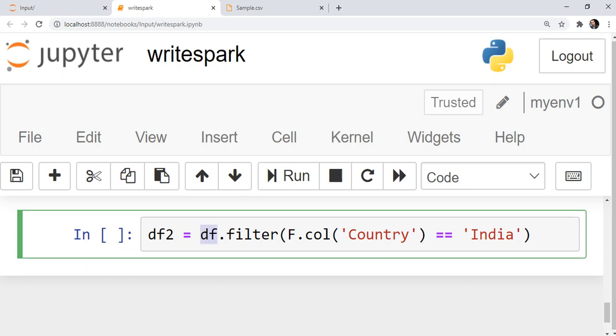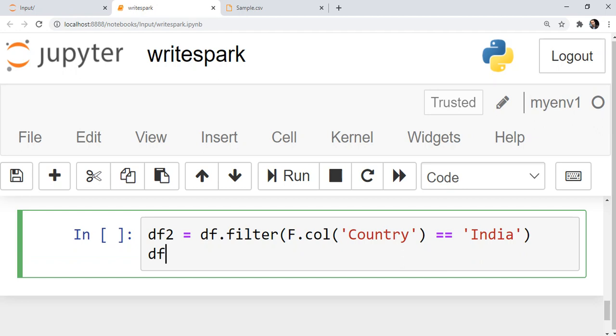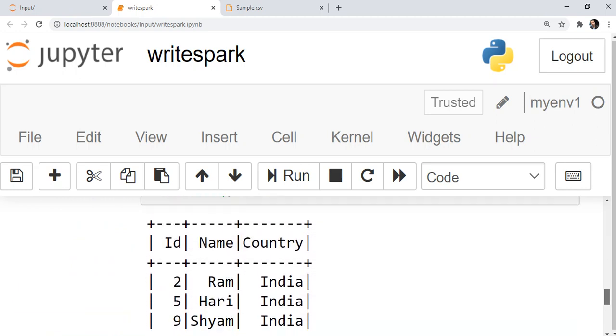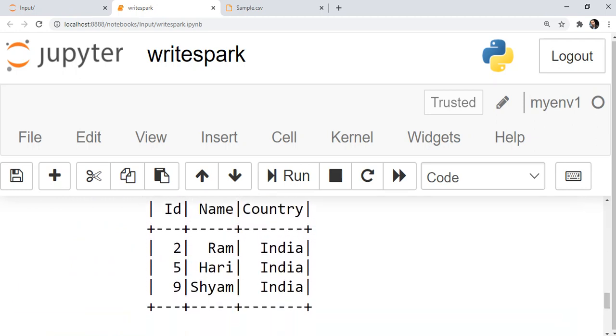It will filter out only those rows which have country as India, and it will be stored in df2. Let's see. Yeah, we got it: id, name, country, only three rows matching the filter country equals India. So we have three rows in this df2.